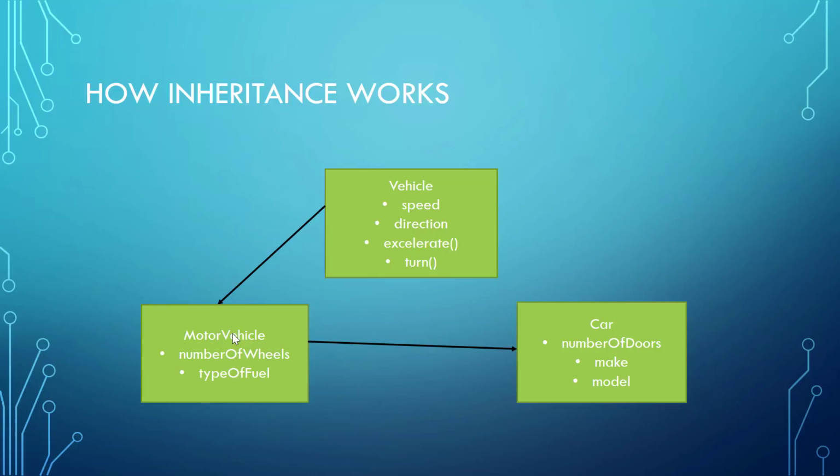One of the places where this ties back into encapsulation is we also don't need to precisely know how the vehicle class was coded. We don't need to know how the accelerate, decelerate, turn, or other methods were actually written in order to have them inside the code for our motor vehicle class. We'll get lots of examples of this, particularly starting in the next lecture when we start looking